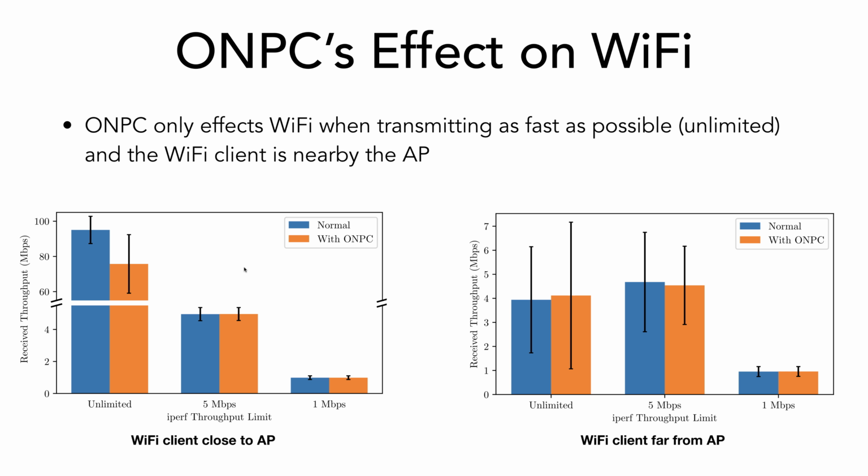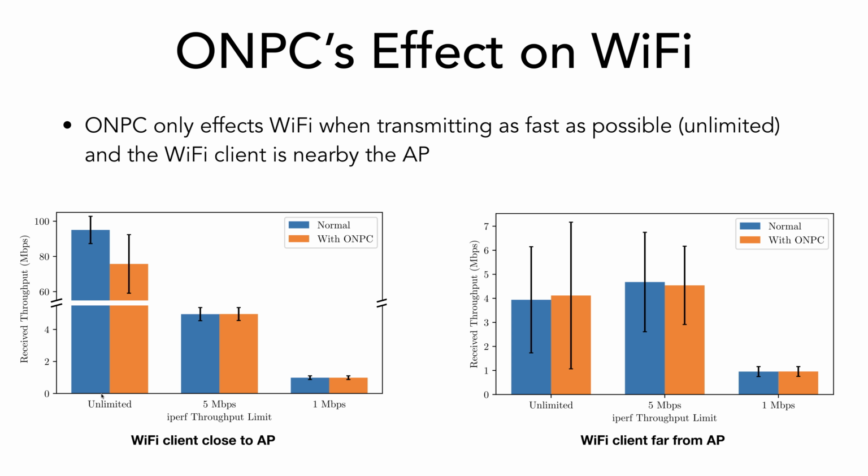So you can see that, and then the blue bar is with normal. So we just ran iPerf, great tool. If you haven't ever used it, it's for measuring the performance of a network. It will just send at a certain data rate, using UDP or TCP or whatever you want. So it's a great tool to use. Here I was using iPerf, sending UDP. I didn't want to deal with TCP, right, with its retransmissions and all that stuff. I just want pure data rate, so UDP. And you can set the data rate of iPerf.